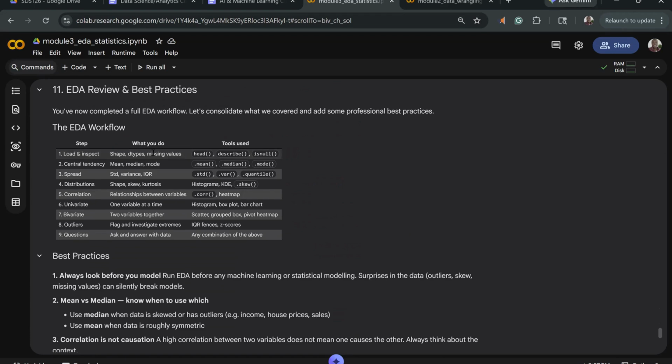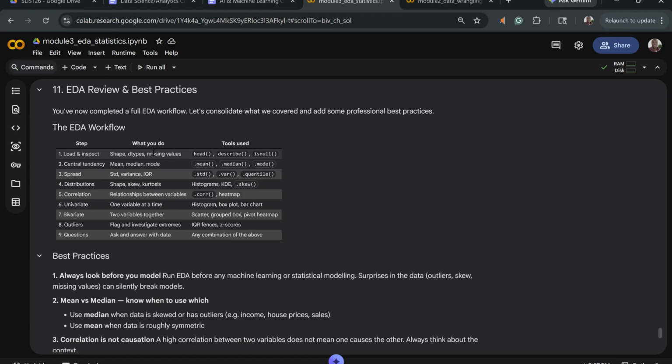Level. Now, let's review what we've done. You've completed the EDA workflow. Congratulations. For you to make it up to this point, you've really gone through a lot of tussle, and I congratulate you. This is a great step in your career, and you are far, far better than an individual that just depends on Excel